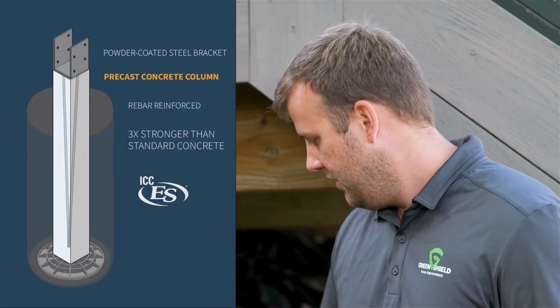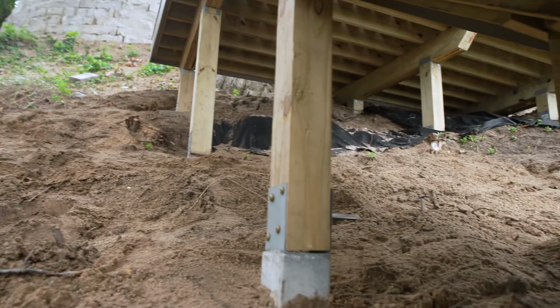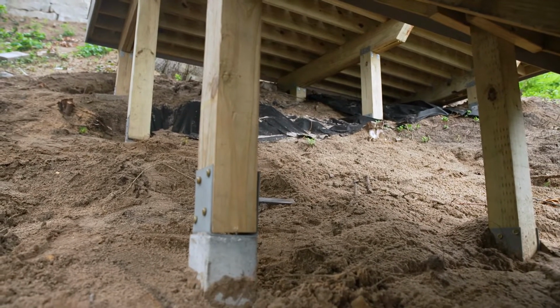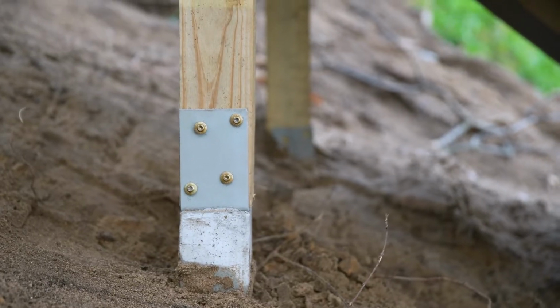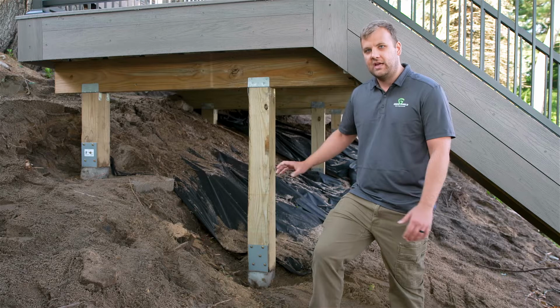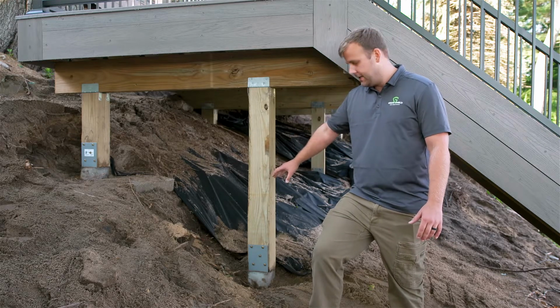Here in Michigan, what we have is a frost depth of about 42 inches. What's so great about these, they're 48 inches, which gives us the ability to come out of the ground. What we like to avoid is wood in the ground at all. It's just a chance for rot, mold, decay. What we've got here is a high quality way to raise your posts out of the ground and give you